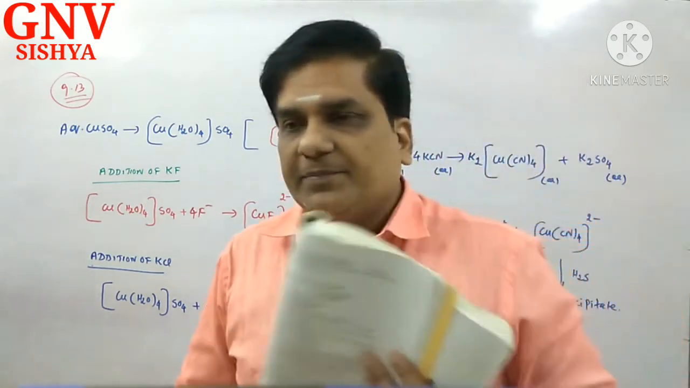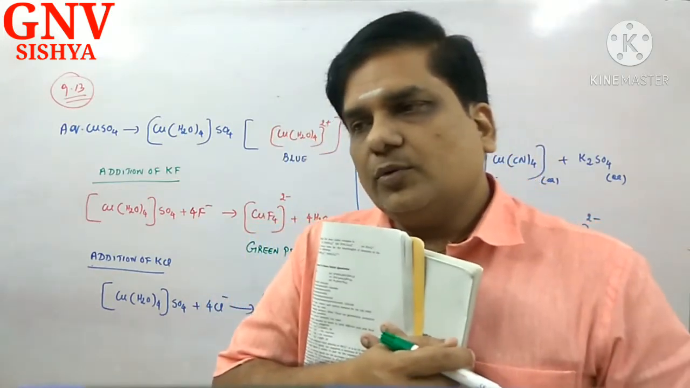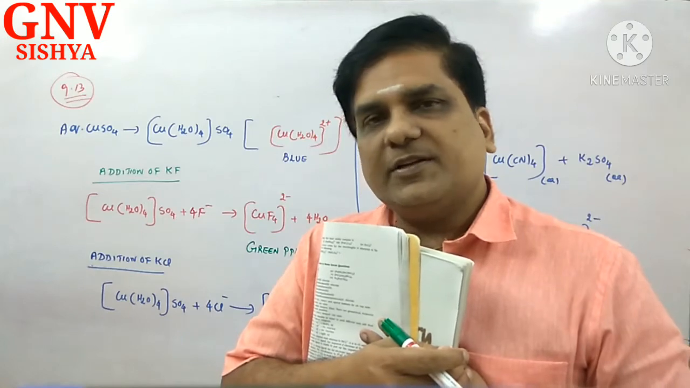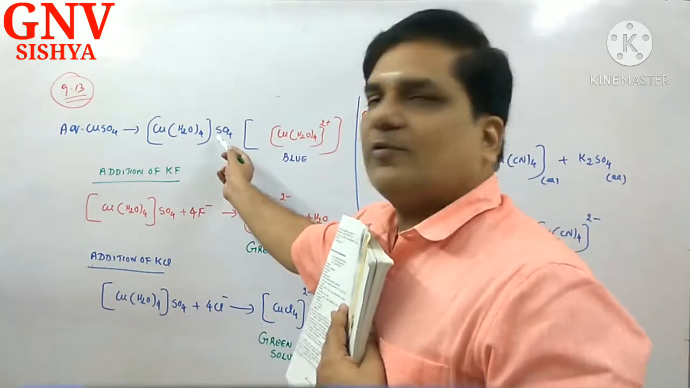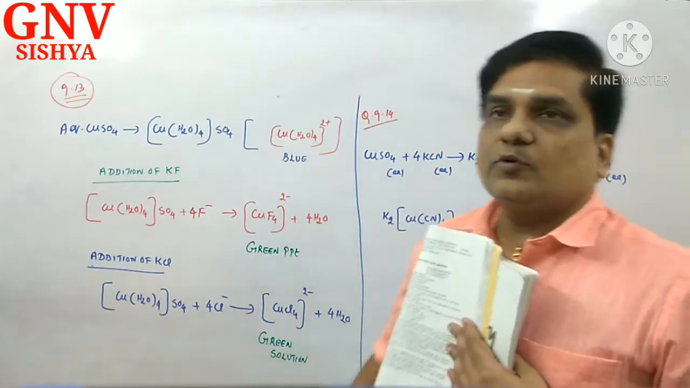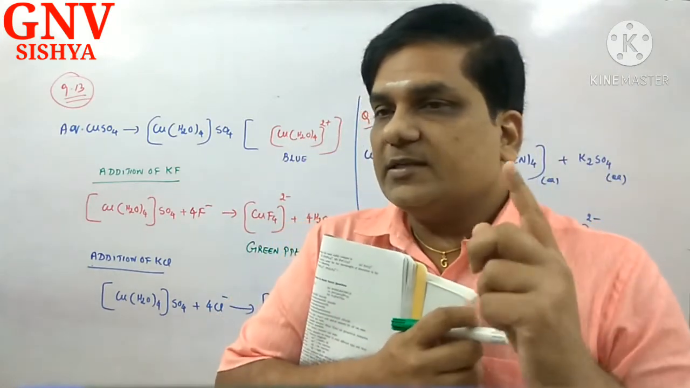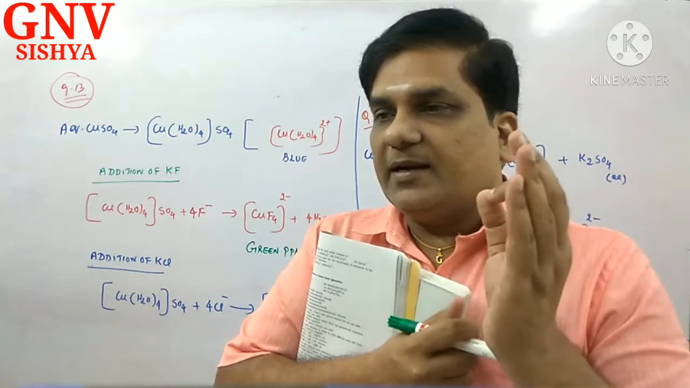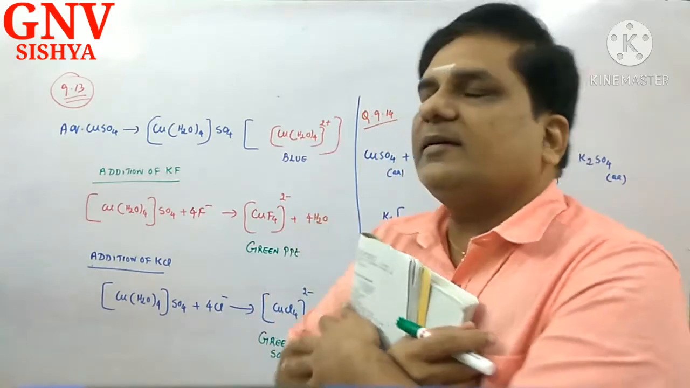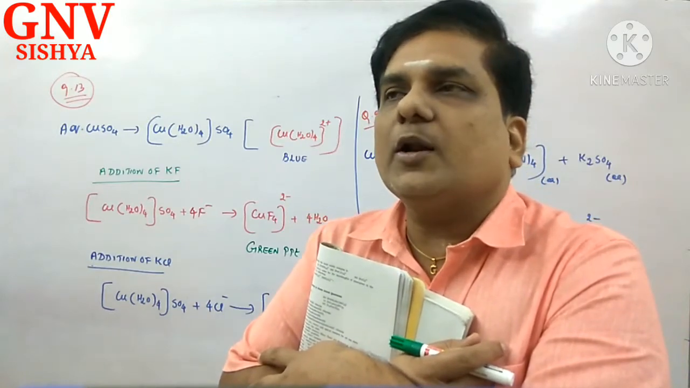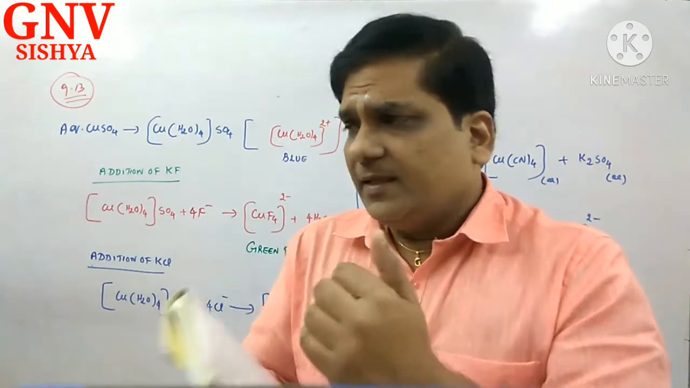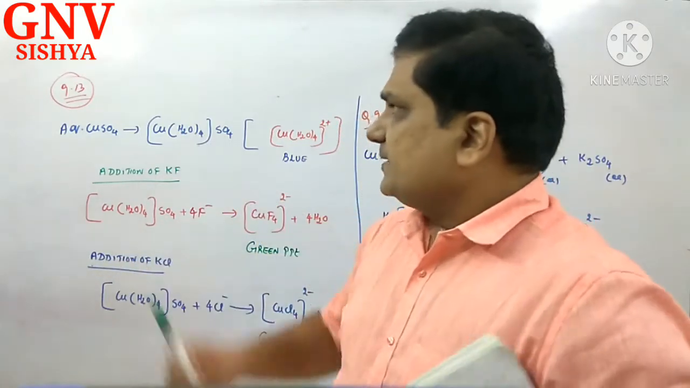Very important. If anybody asks you the reason for the blue color of copper sulfate solution, it is not due to the SO4 2- ion, it is due to [Cu(H2O)4]2+. Especially entrance-going children, you should remember. The bright color of copper sulfate solution is due to the presence of the complex cation tetraaquacopper(II) ion. Correct? Here, to this copper sulfate solution,